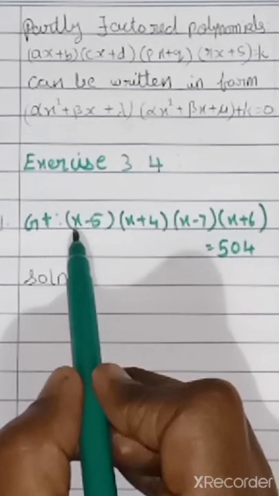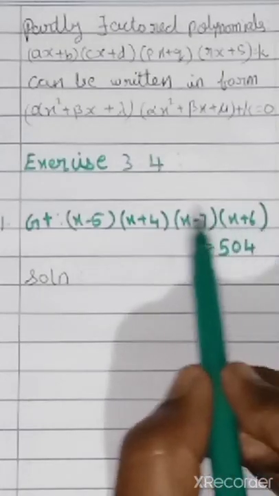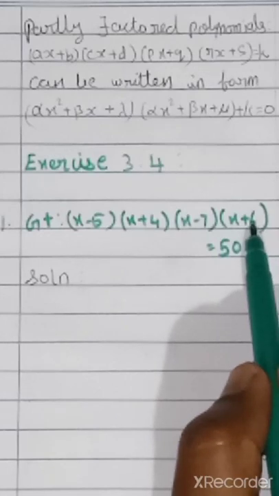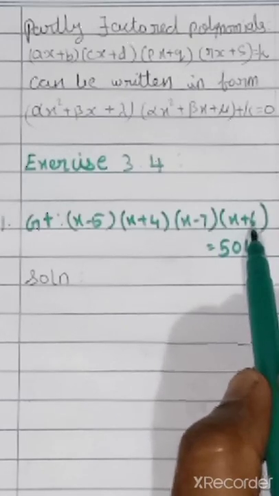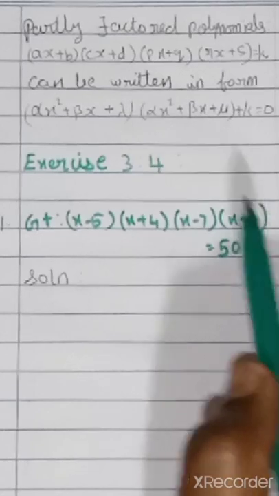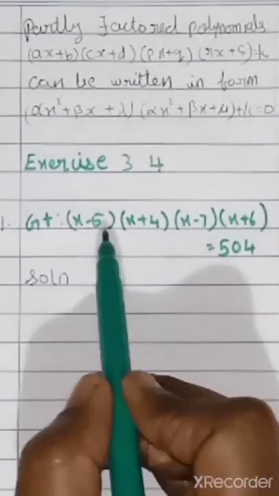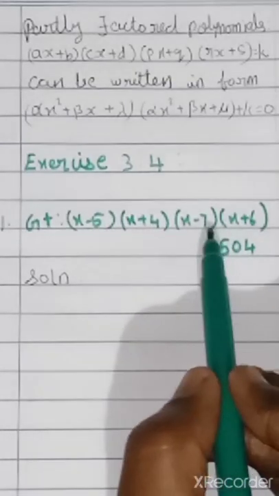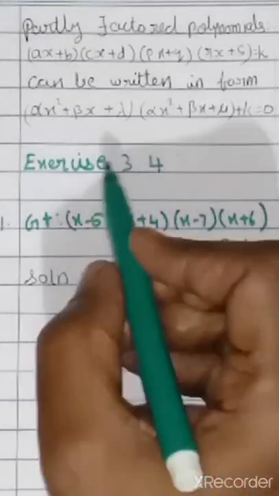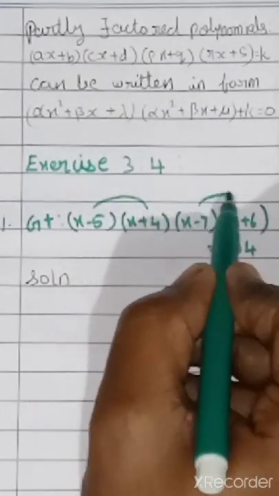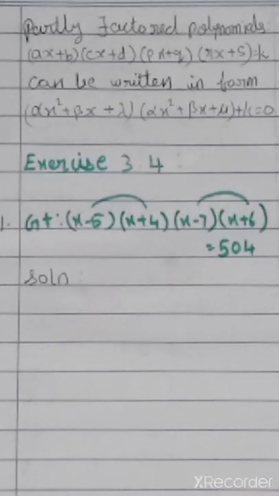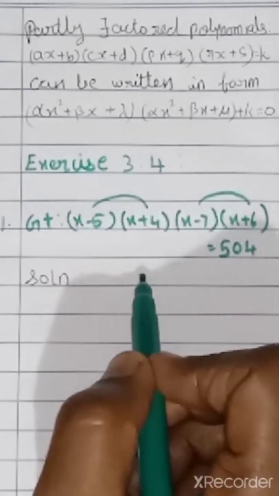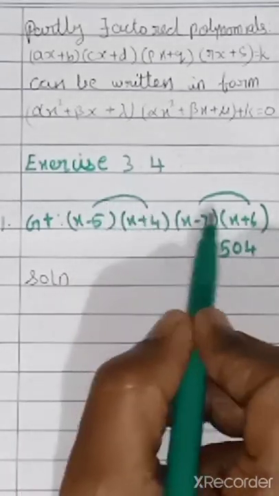So now I can take the first term and last term, and the second term and third term. The first term is minus 5, here it is 6, add it and you get 1. Again, if I add these two, minus 5 and 4 is minus 1. Minus 7 and 6 is minus 1. Correct? So I can group these two terms and these two terms. How did I find out? You have to add the constants and see. Whichever constants are equal, you have to group those two. So now I can group these two terms and these two terms.